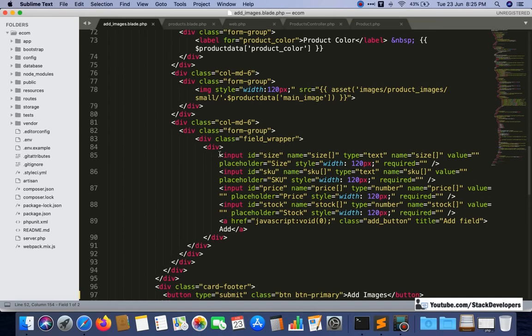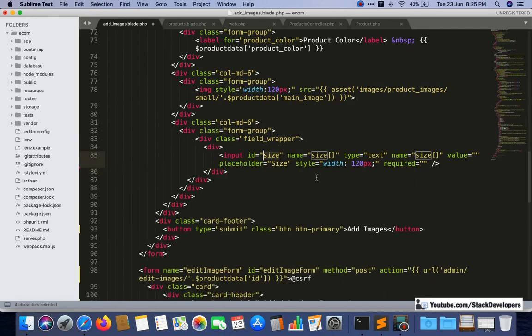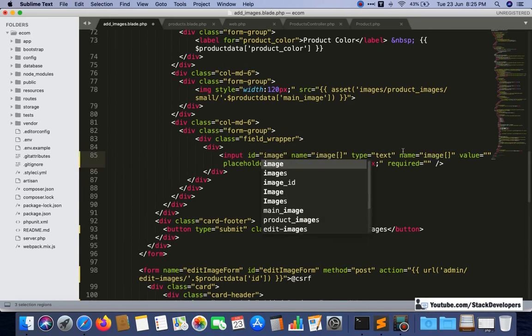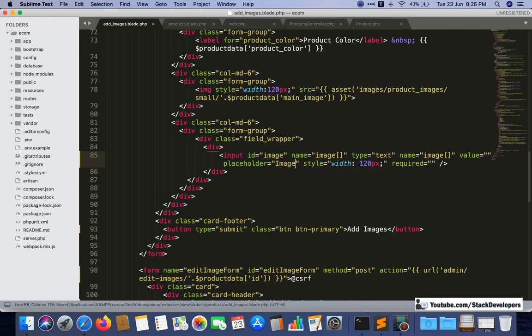I can remove all this, just keep one, and here I'm going to make it image, and this one is images.